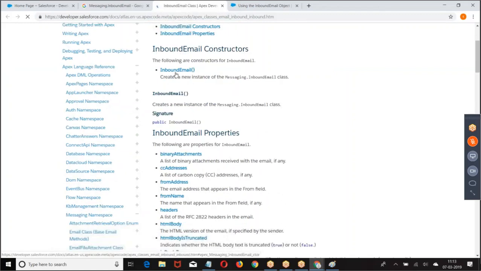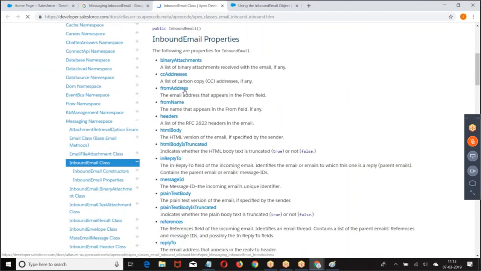CC address, from address. At the time of sending, you already kept, right? From address, CC address, BCC address, subject, plain text body, HTML body, all this data is here.